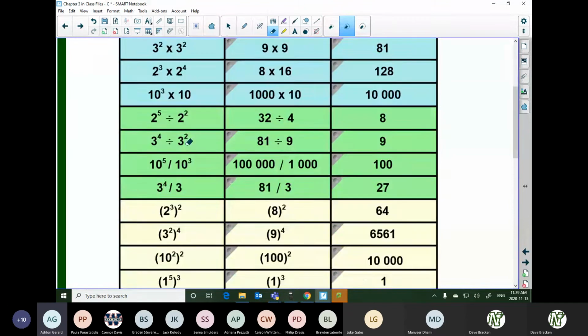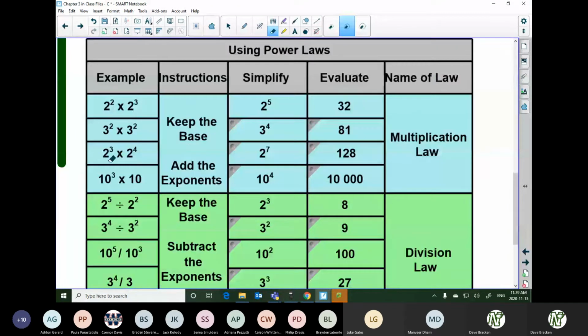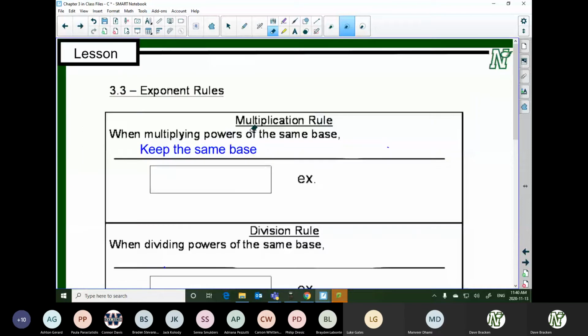What did we do here in the blue? What did we do to these powers, these powers, these powers, these powers? What did we do to them? Added them. We added them together right here. So when I go over to here, we keep the same base and we add the exponents. So as an example,